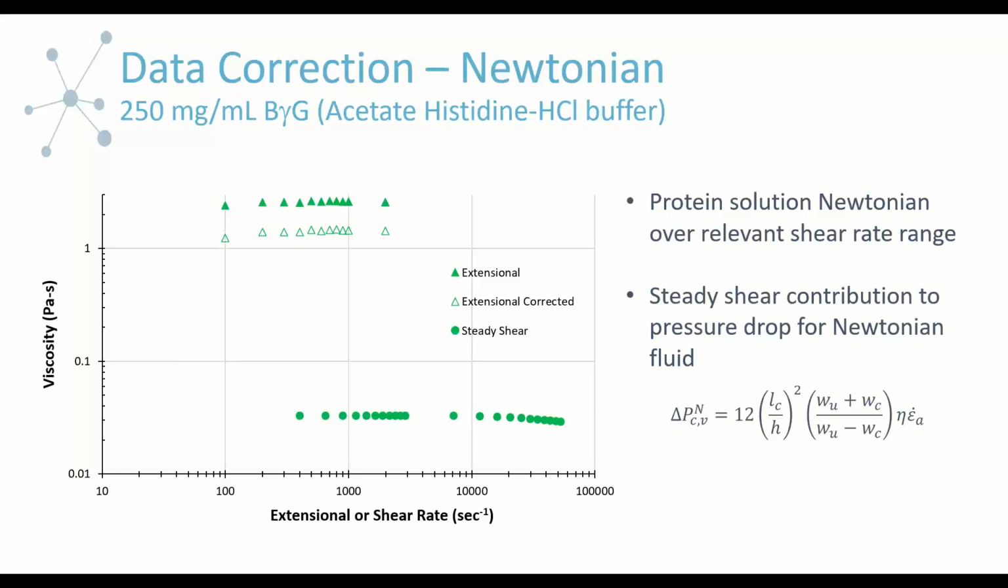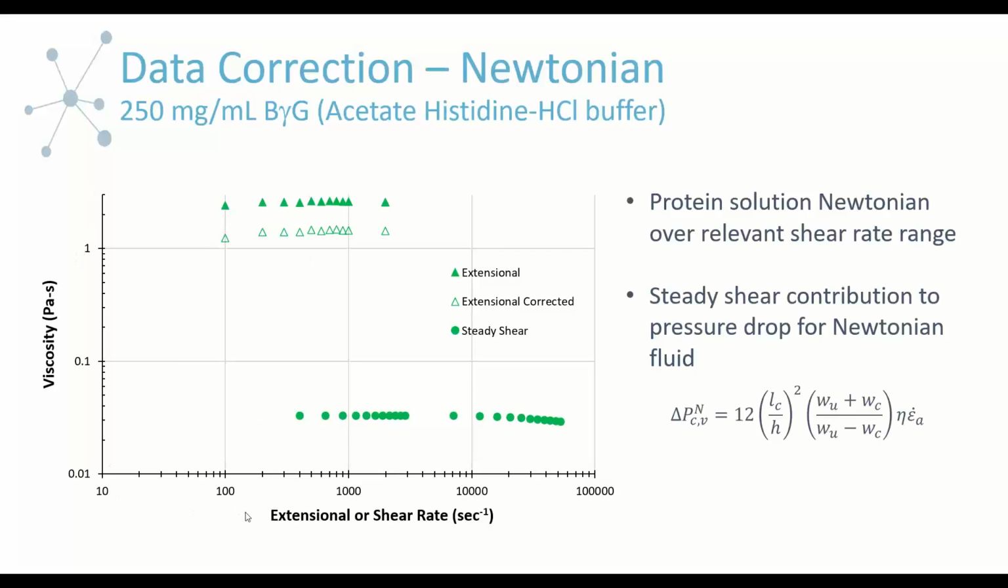Okay, so this is an example of the correction for basically a Newtonian fluid. What we have here is a high concentration bovine gamma globulin solution in a particular buffer. So this is a model protein we work with quite regularly. And what we can see here on the plot,